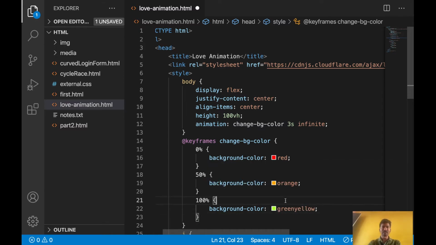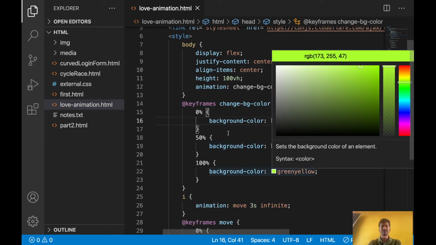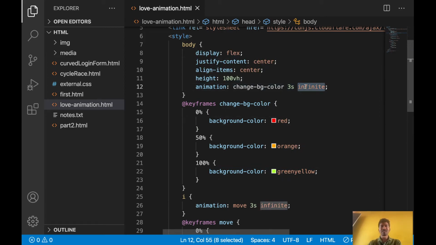Any color you can give, based on your requirement and taste. Now let's see. This background color will change within 3 seconds, from red to orange, orange to green, yellow. Infinite means that after one cycle, the next cycle will start automatically. So this animation will happen infinite times.